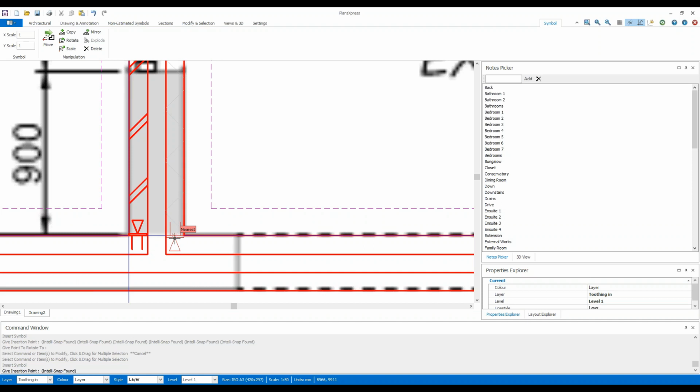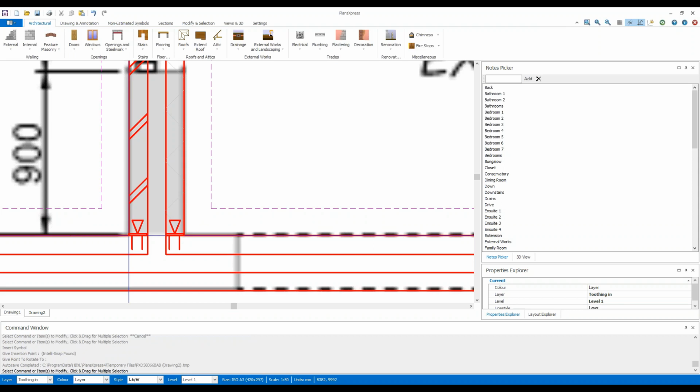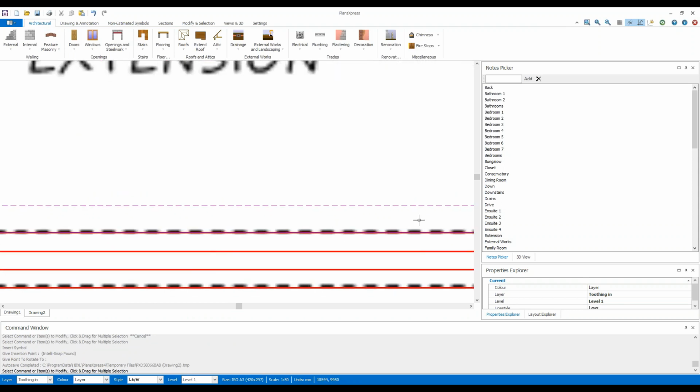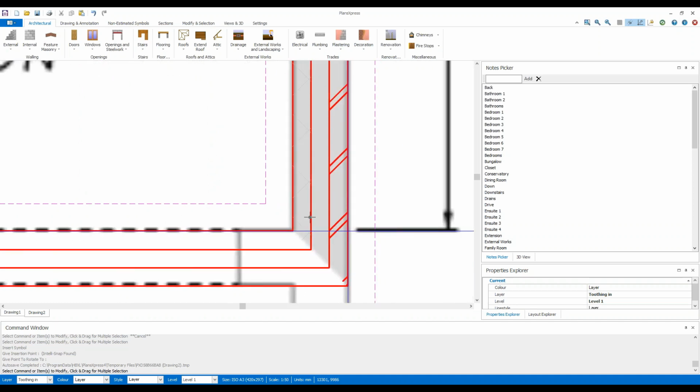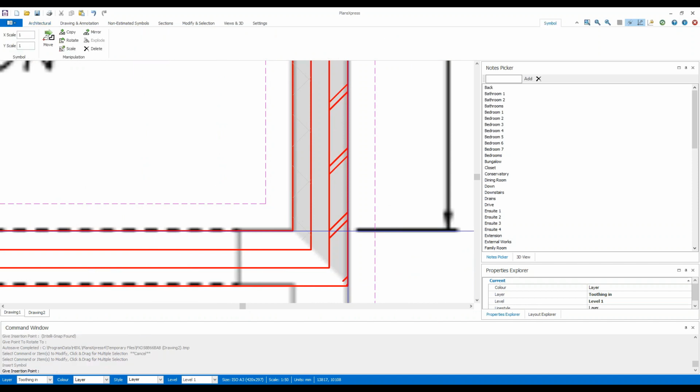So place the wall starter where you want it, click the left mouse button to place it, then hold down the Shift key, move your cursor so the rotation of the symbol is correct, then click the left mouse button to place that wall starter. So that's one side of the extension done. Drag your page over by holding down the mouse scroll wheel, then right click to say I want to place another wall starter, I want to repeat what I've just done,